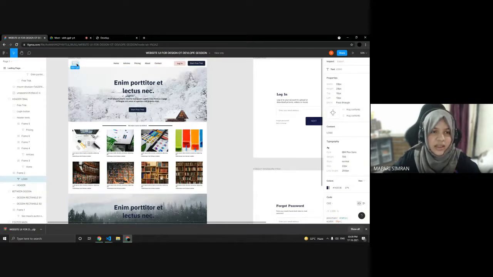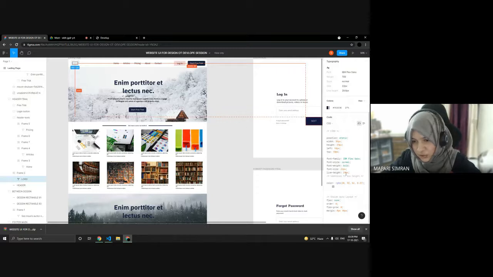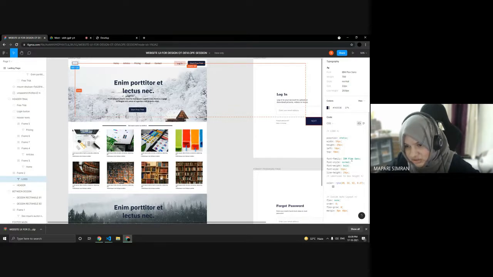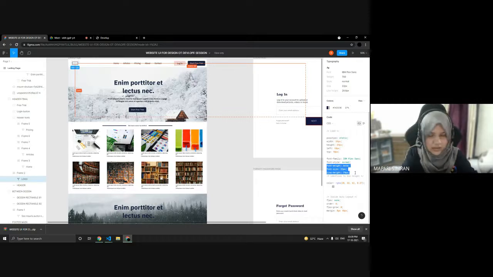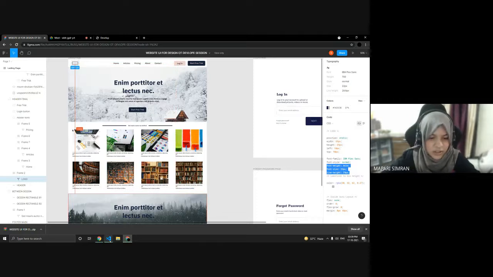Click on this element logo and go here, so you can see the styling, the width, height, font family, and this also you can just copy paste. Font family we have already given, and font style is also normal, so let's just copy this font weight, font size, and everything. And we want color also, we'll copy that as well.